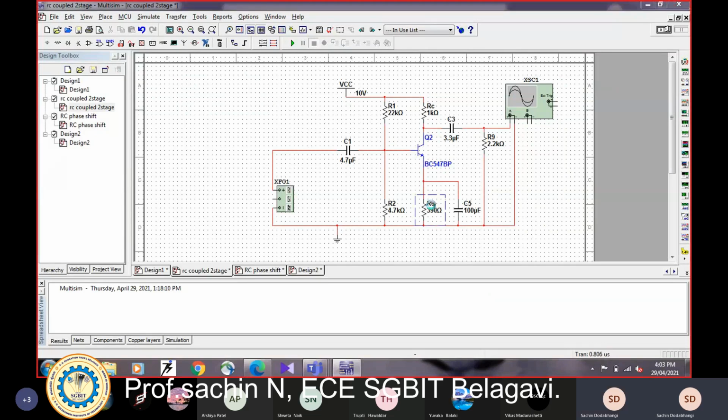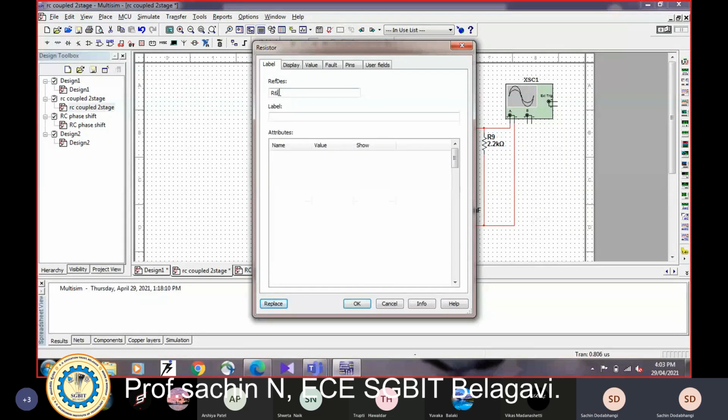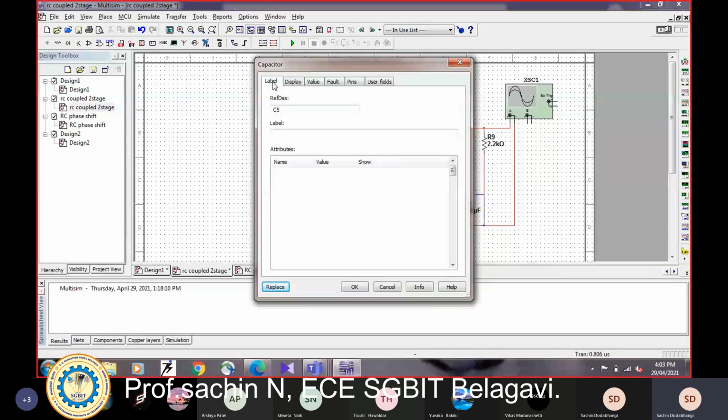And this is your emitter resistor RE. And this is a bypass capacitor CE.